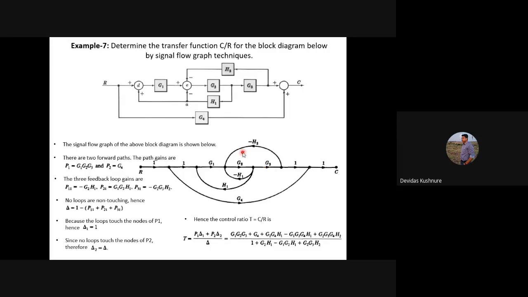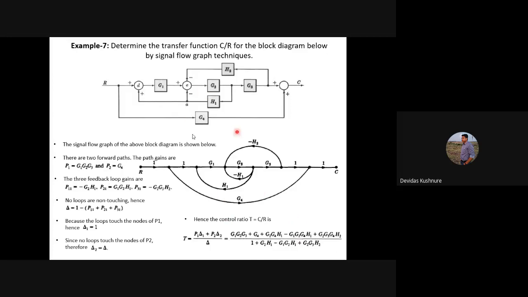it is not always possible, because the signal flow graph representation is not a unique solution, right? One can draw the signal flow graph in a different way, and it can be solved. The answer remains the same, but the representation of the signal flow graph for the particular block diagram may be different. Fine. So the signal flow graph is not a unique solution. Every block diagram can be represented in terms of a signal flow graph, but it is not true that every signal flow graph can be represented in terms of a block diagram, because one can represent a signal flow graph in one's own way, whereas your transfer function remains as it is.